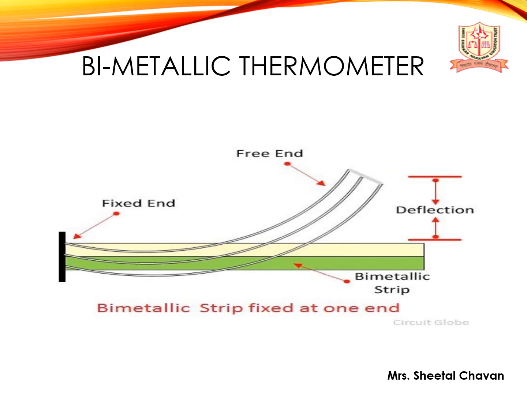So bimetallic thermometer, it consists of two metallic strips. They should have different thermal coefficients of expansion. Then they should be welded together and fixed from one side. So from the diagram you can see they are fixed from one side, and from the other side we need to heat them. After heating, what will happen, it will bend. So from the diagram you can see how the metal strip is bent from one side, so you will get the deflection over there.